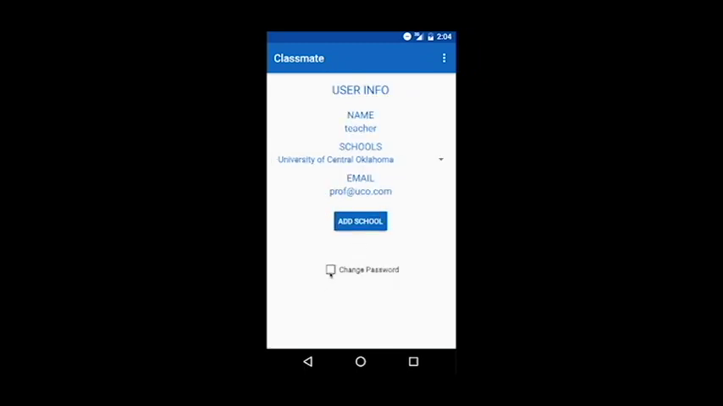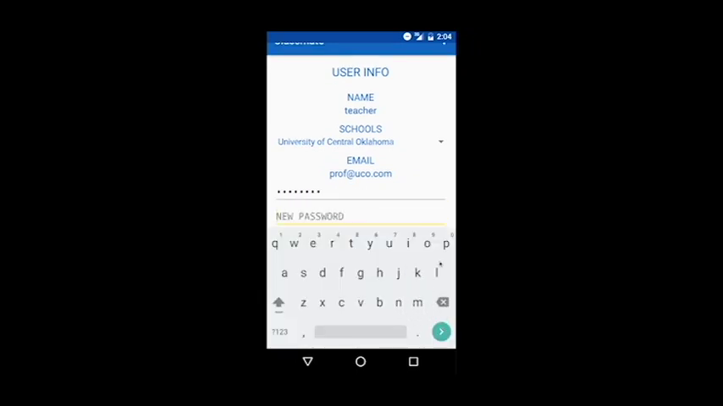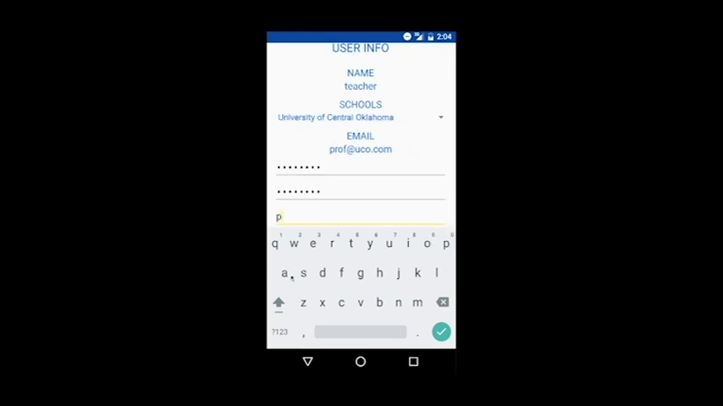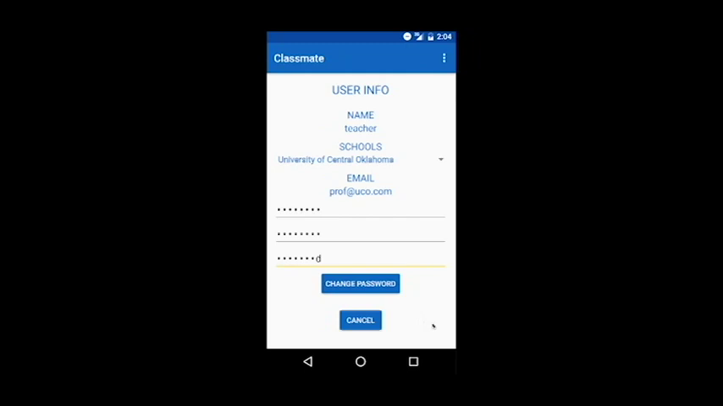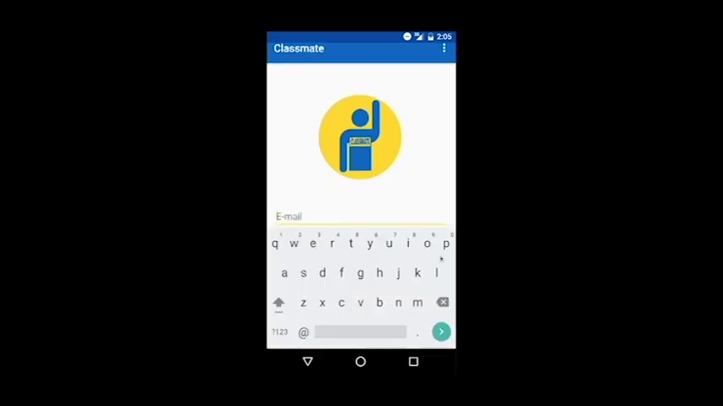Also, all users have the ability to change their password from the user information fragment. After correctly entering their current password and confirming a new password, the user's password is updated in the database. Here we will see a user log out and sign back in with the updated password. As the user successfully logs into their account,